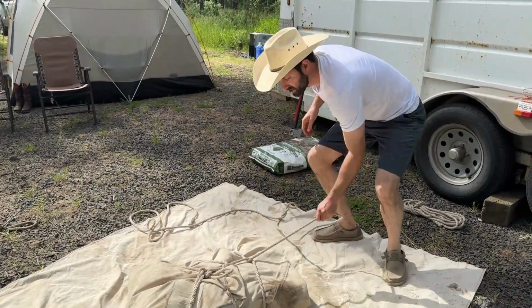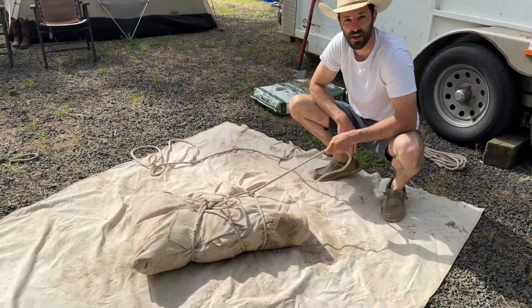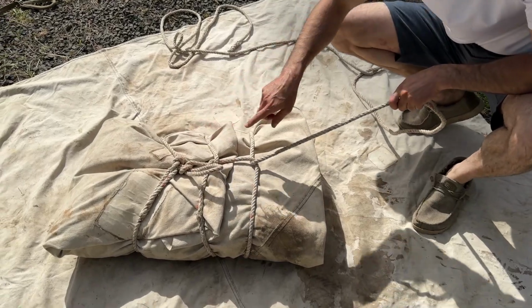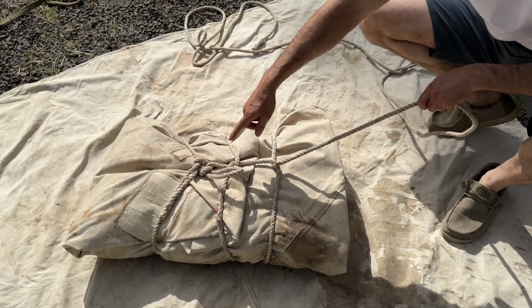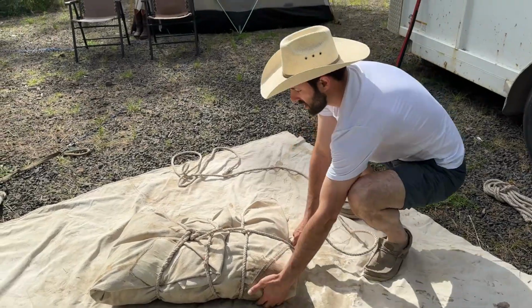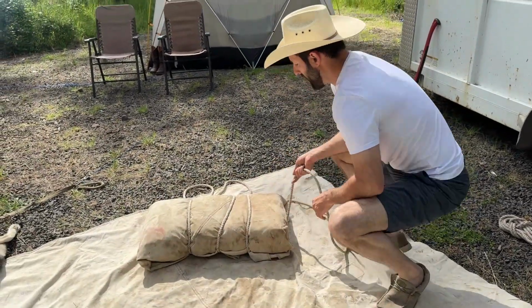Again, I want my half hitch knots roughly to be down the center of the bag. I don't care that it's pulled this one down low, because you'll see here in a minute I'm going to wrap around and tie into that, and it's going to suck it back to the top. So from here, I just flip the bag over,